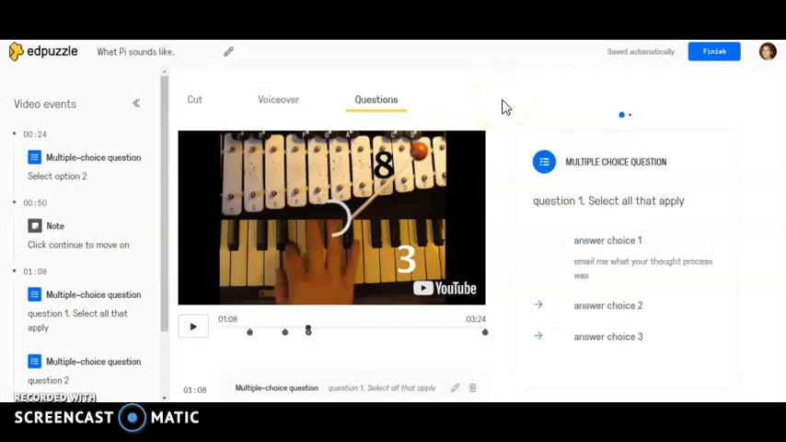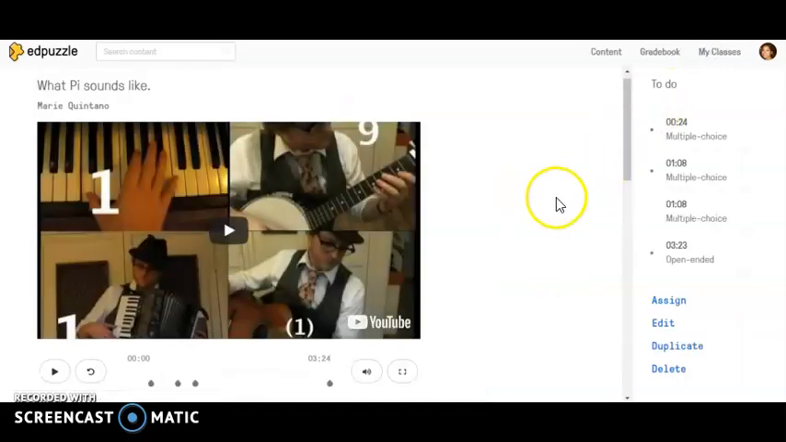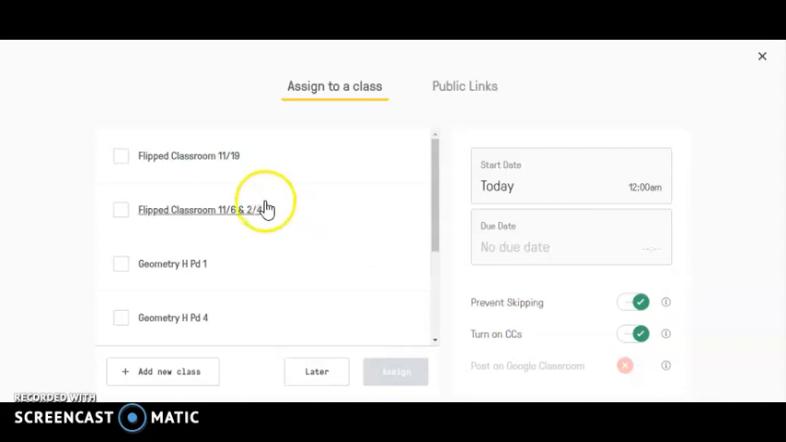When you're done adding in your questions, you're happy with what they look like, you're going to go up here and click finish. And over here you'll see all the questions and the notes that you added in. Assign, edit, duplicate, delete. You would want to assign. I'm going to assign it just to this sample class. If you don't have any classes,